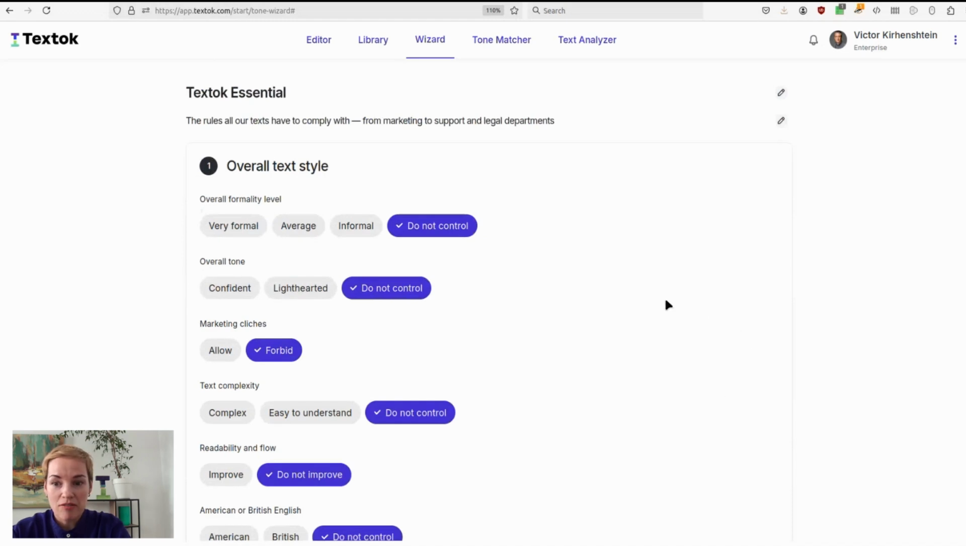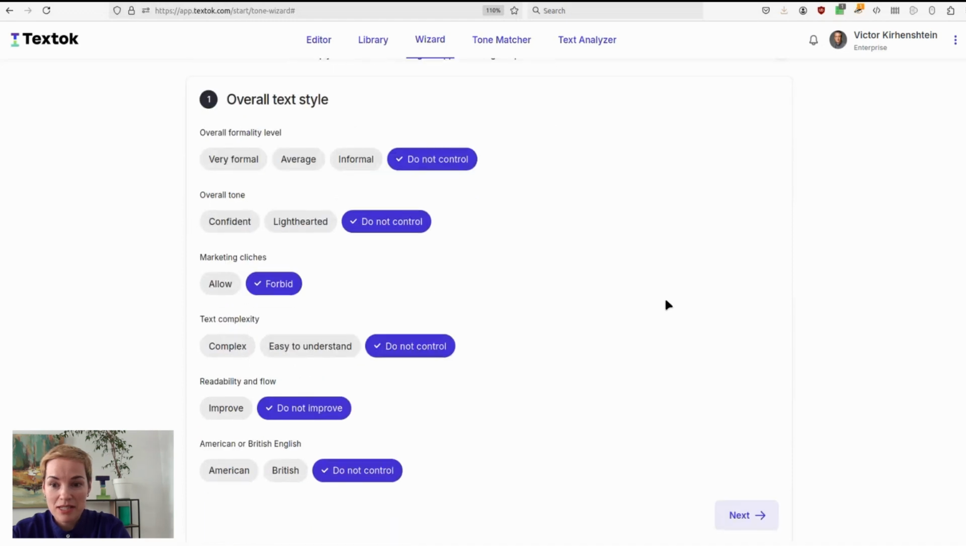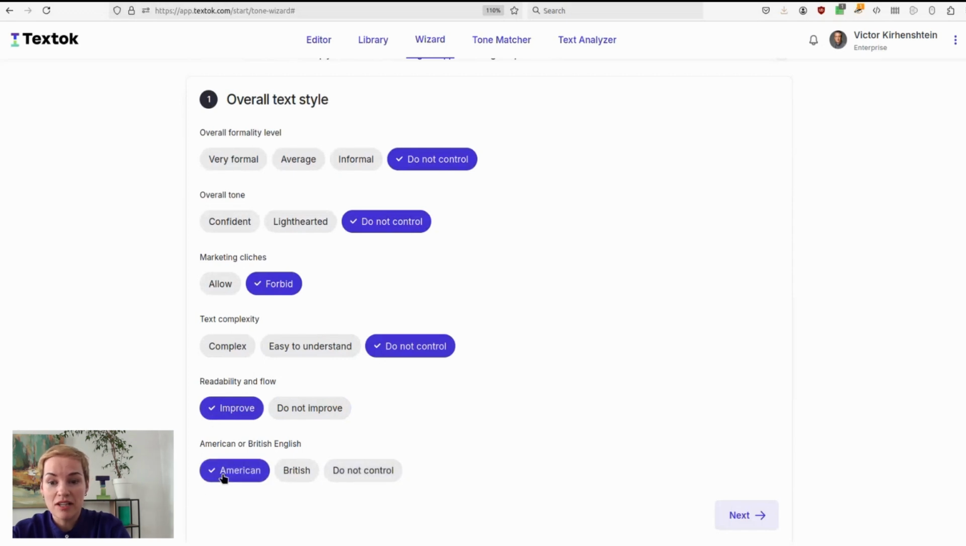Now, the first section, overall text style. Here you will determine level of tone's formality, text complexity, how you will handle marketing cliches, and no, they are not necessarily bad for all brands, and readability and flow. Opt for do not control in the options that you are not quite sure about. For example, if sometimes I like my messages super simple, but some articles or newsletters could be more complex, then choose do not control option for text complexity. And add only the necessary complexity related rules one by one at a later stage or to a different automated